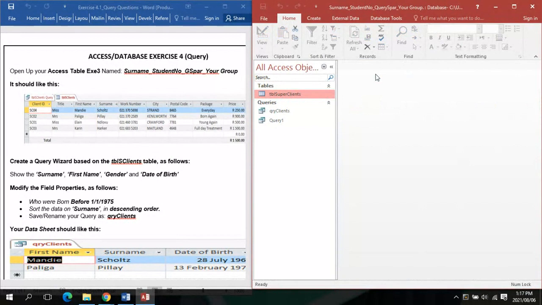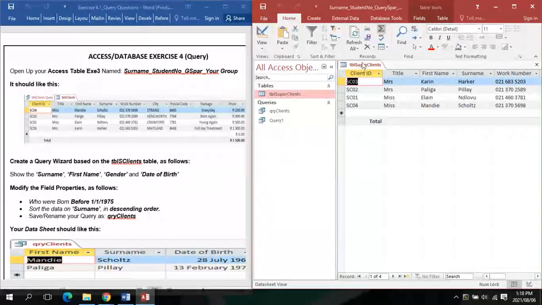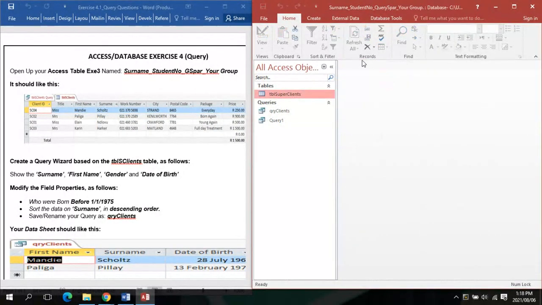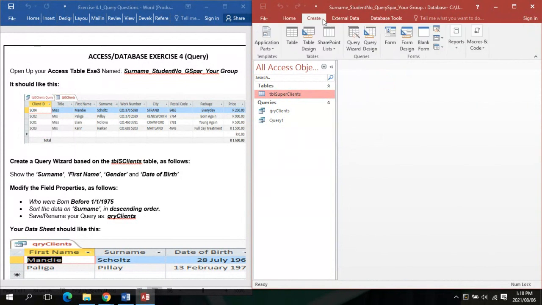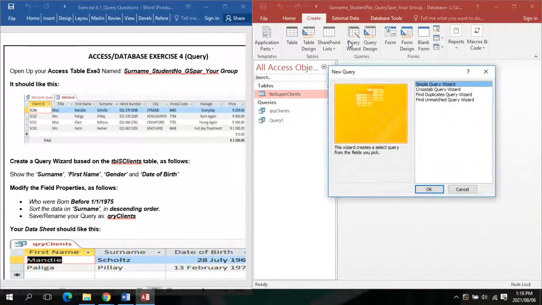Do you know how to close the table, guys? You open the table and then you right click on your mouse or on your laptop and then you say close, and then we go to create. It says let's create a query wizard. So you go to query wizard. You can see the query wizard, guys. So we go to query wizard and then we're going to say it's a simple query wizard, and then you click OK,